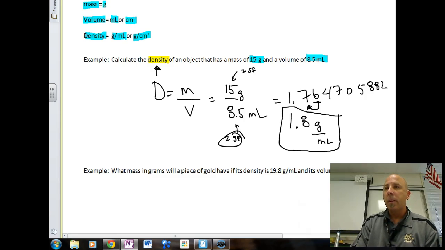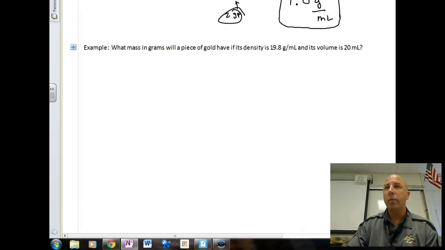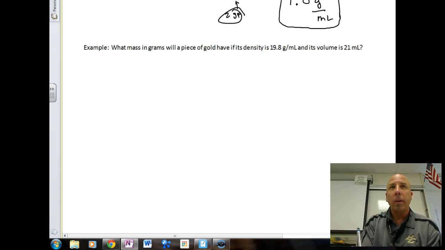Okay, let's take a look at our next question here, and I'm going to actually change this question a little bit. Okay, so it says, what mass in grams, so we're looking for mass, will a piece of gold have if it has a density of 19.8 grams per milliliter and a volume of 21 milliliters? Okay, so again, this is a density problem,